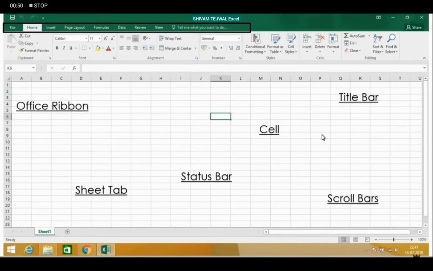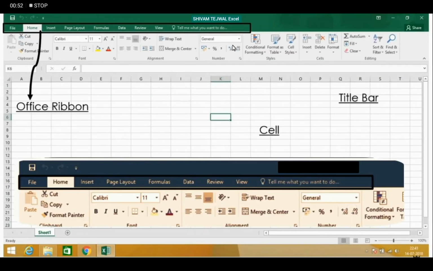So first one is Office ribbon. As you can see, there is a ribbon in which you can see different options like file, home, insert, and page layout. Basically, these options are called tabs. So we can pronounce them like file tab, home tab, insert tab, page layout tab, etc. Every tab has different groups in it.